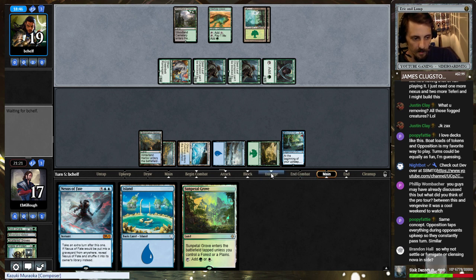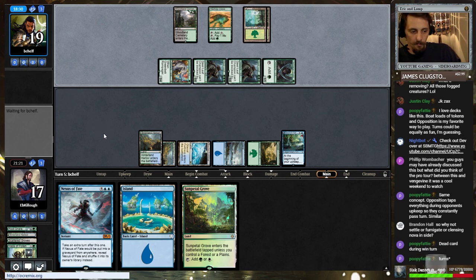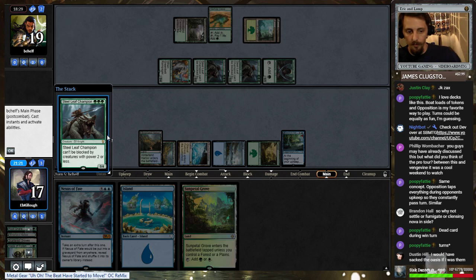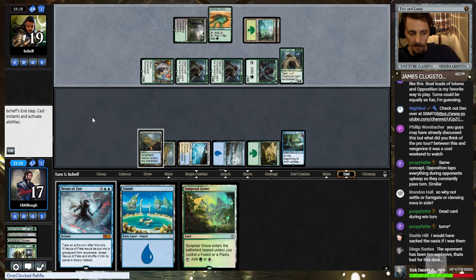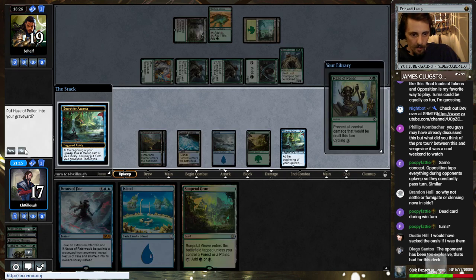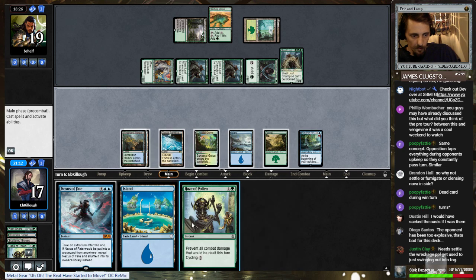I think I want this damage step right here against a deck that can pump. So why not Settle or Fumigate or Cleansing Nova in the side? Yeah, dead cards during your win turn. Most of your ramp cards could be cycled when you're going off, and that's the thing. It's like, okay, we're going off. What can be done here? So, all right, we're going to say no. We're going to draw that, play this land,